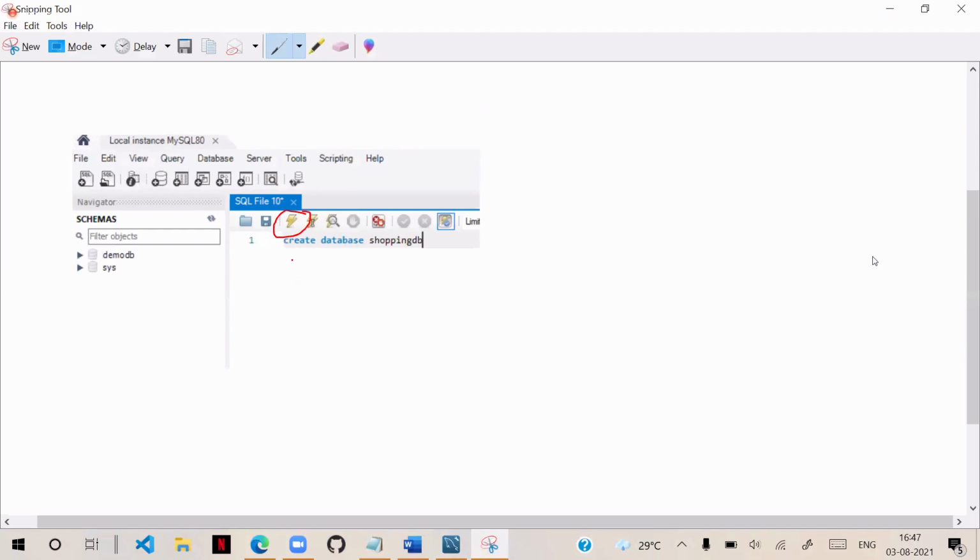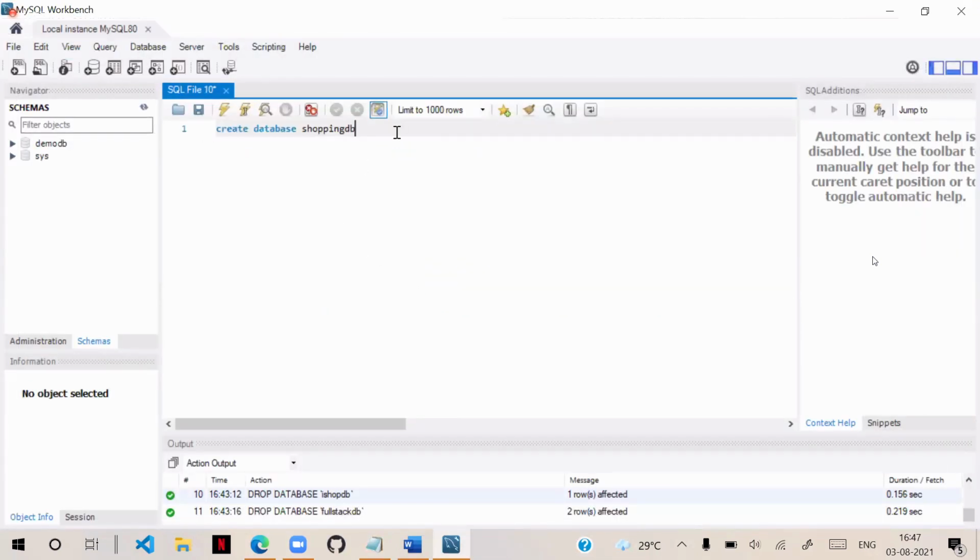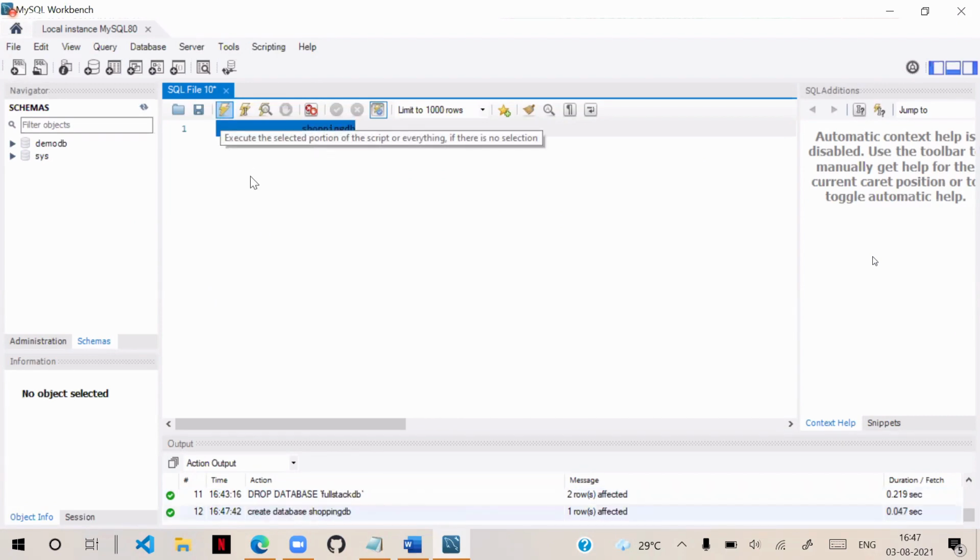You click that button to execute the command, after selecting the line. Sometimes you may write many lines, and you can select only the one to execute. So I can select this, click on execute, and that is executed.